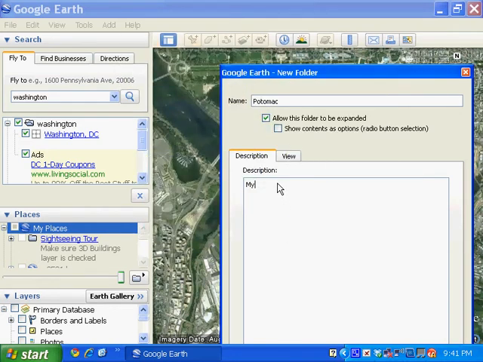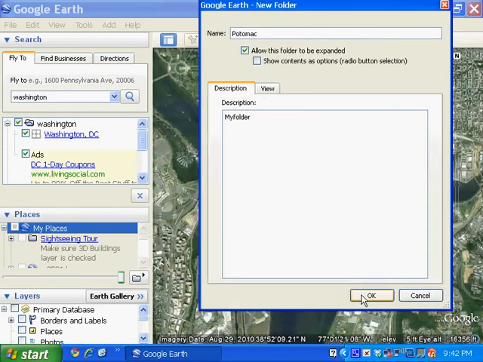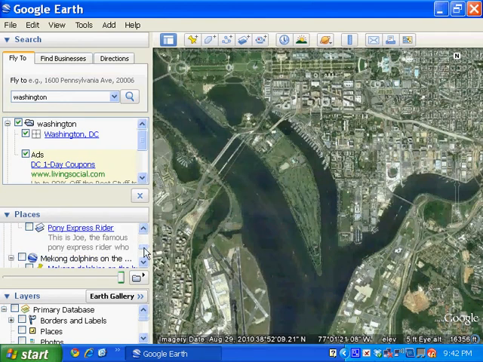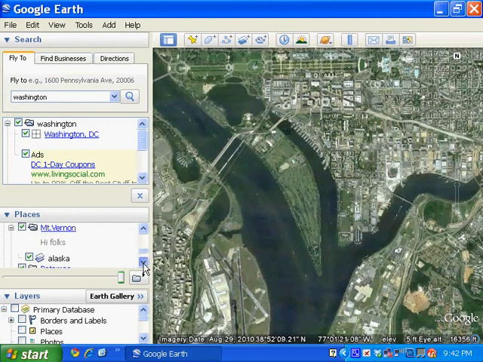Aha, I know why it's showing up, because I've got my spaces. Aha, I finally figured it out. So I'm just going to put My Folder. I'm going to scroll down to the end and click OK. So you can see that here is my folder,